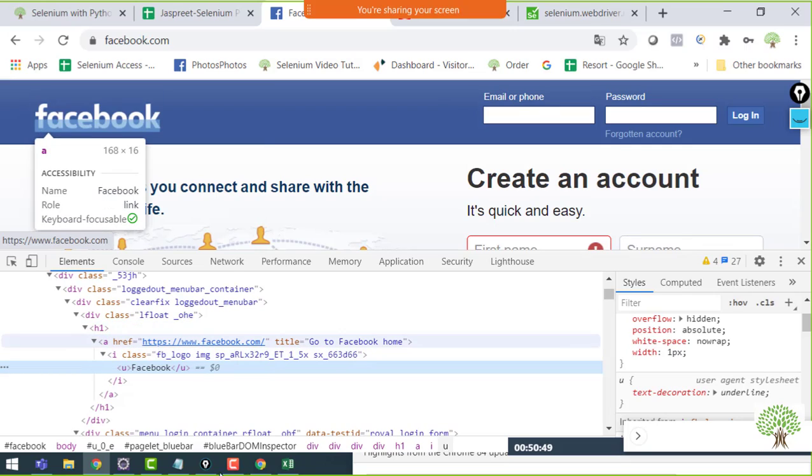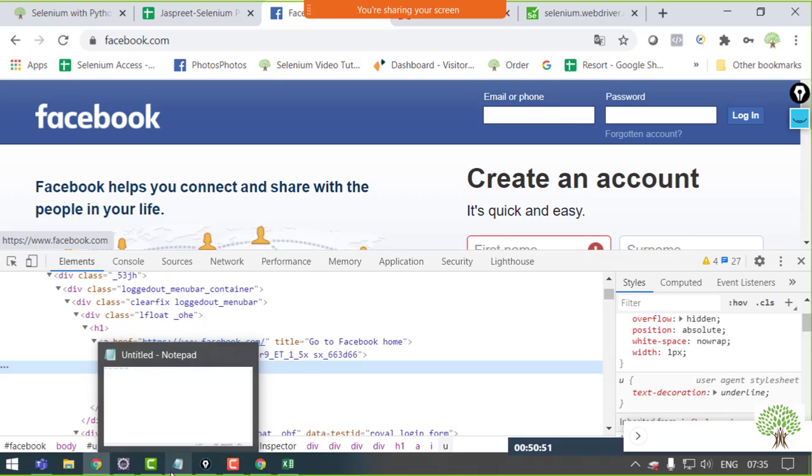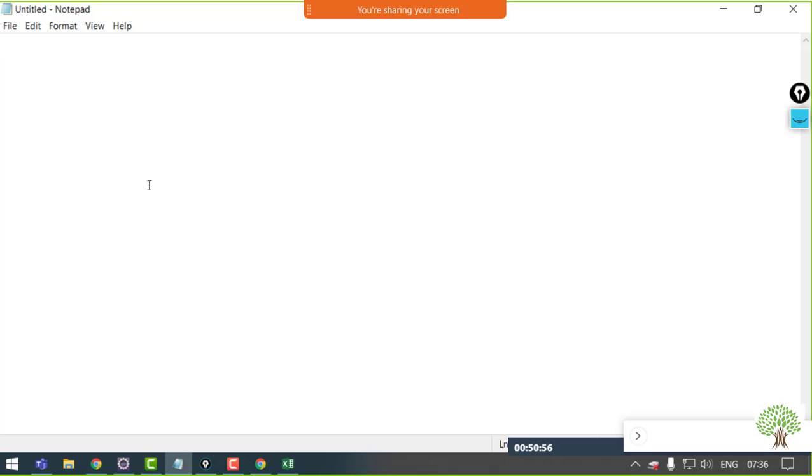So for that, there is a very simple thing: we use another type of locator. Let me just write it over here. The locator is called the XPath.